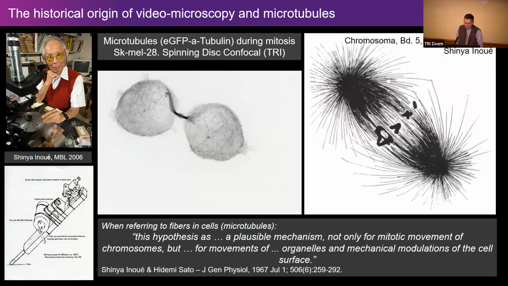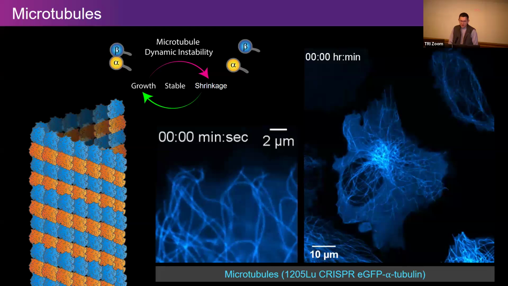And I also think it's quite insightful that in the 1960s, when Shinya Inoue and Sato published this review, they said, when referring to microtubules, we hypothesize that microtubules are a plausible mechanism not only for the mitotic movement of chromosomes, but for movements of organelles and mechanical modulations of the cell surface. So this was at a time where technology was very different, and his insight has proven correct in the story